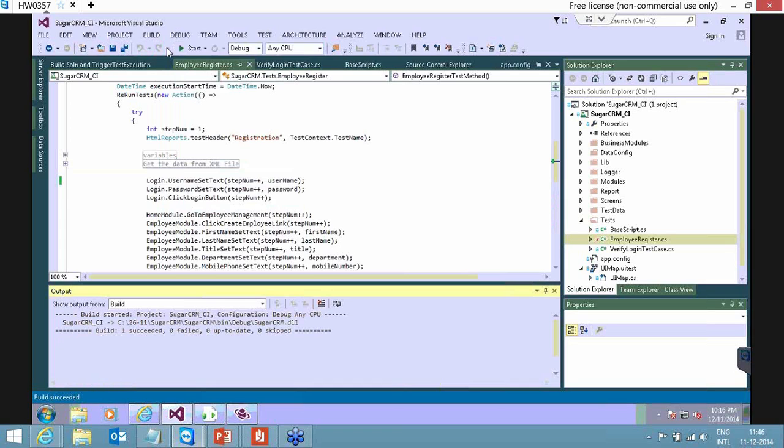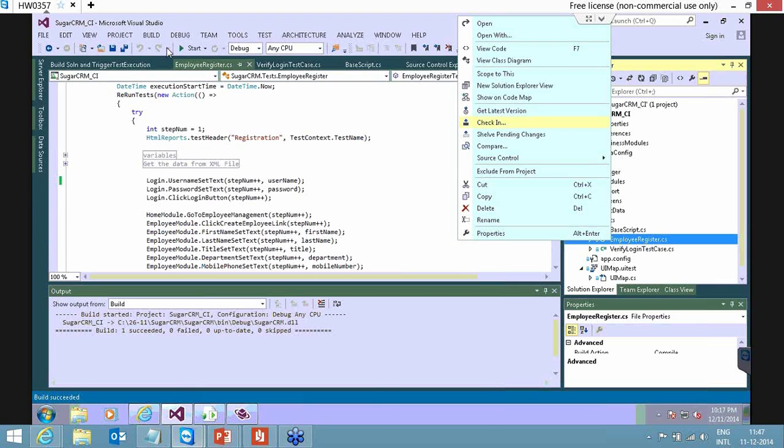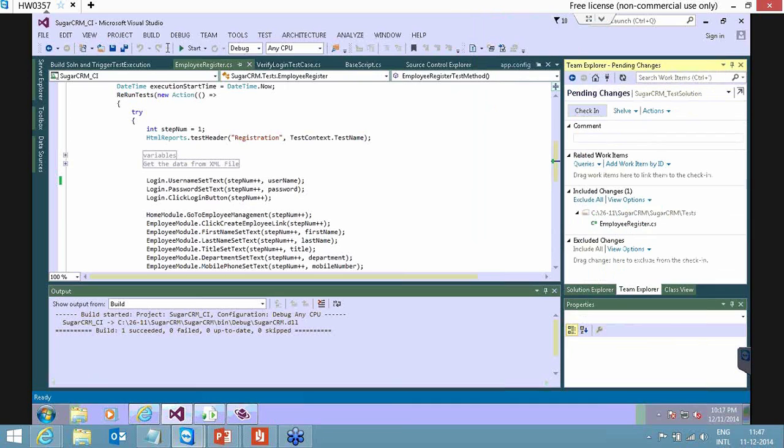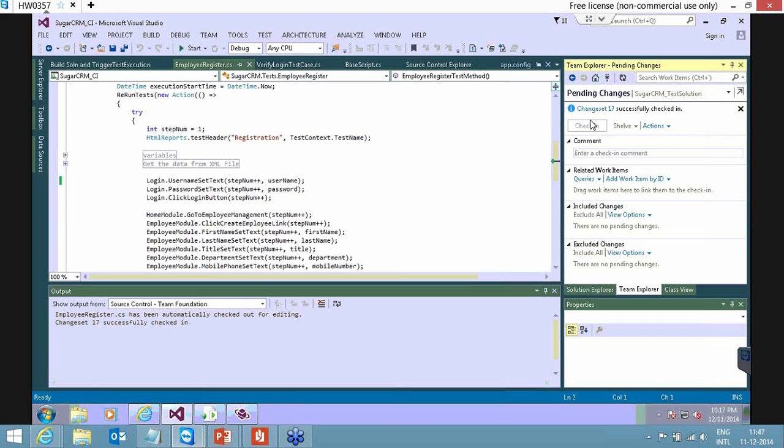Once I make the changes, I'm doing the build process. So this basically saves the build, and once we do check in,